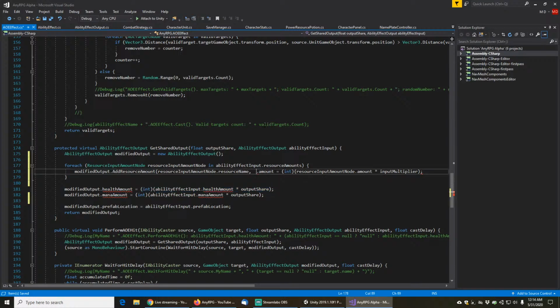is going to be, let's see what we want to do here. We need to get the resource input amount node dot amount, and then multiply it by the output share. And if you're scratching your head wondering exactly what this is doing right here,